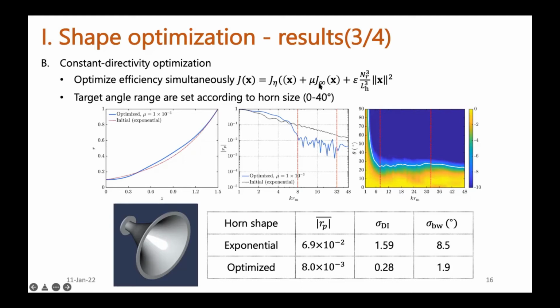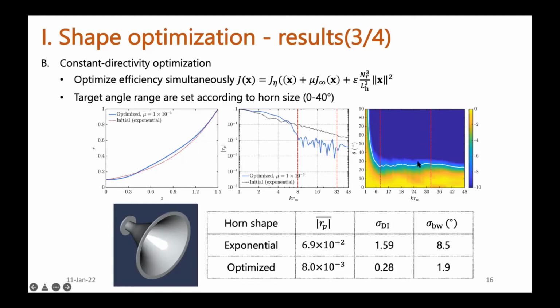This term is to control the constant directivity, and here we assign a coefficient to adjust the relative weights, and the last one is a regularization term. And here gives the results, and the second is the reflection coefficient spectrum comparison, and the third one is the optimized